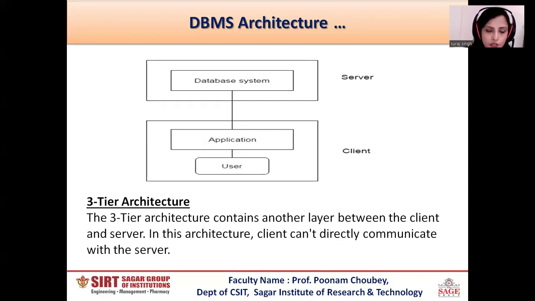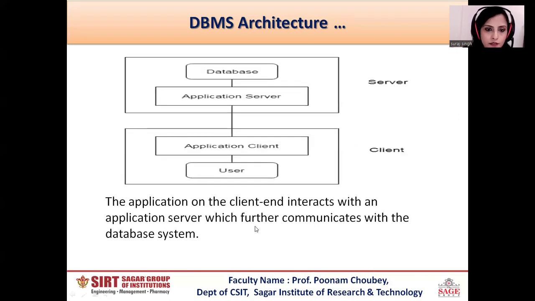In this architecture, the users are unable to connect to the server directly. It means, as we saw previously, in the two-tier architecture the user can easily connect with the server, but in the three-tier it is difficult for the user to connect to the server directly, right?